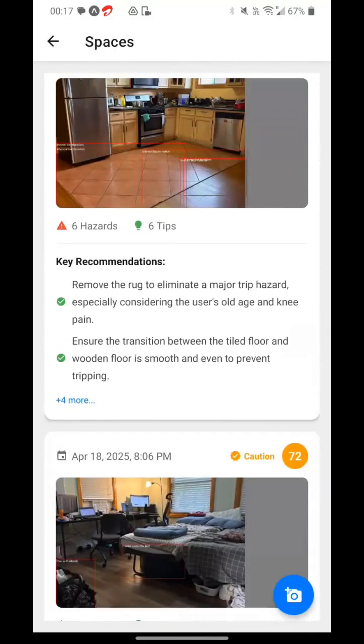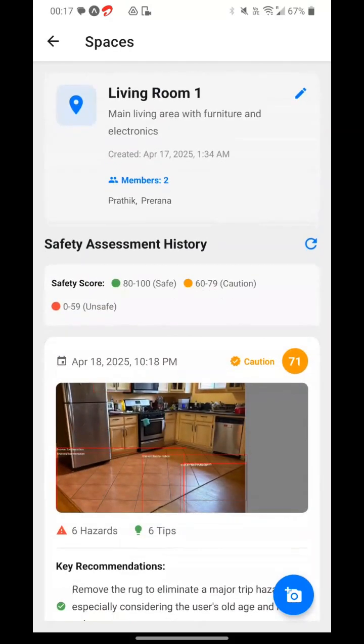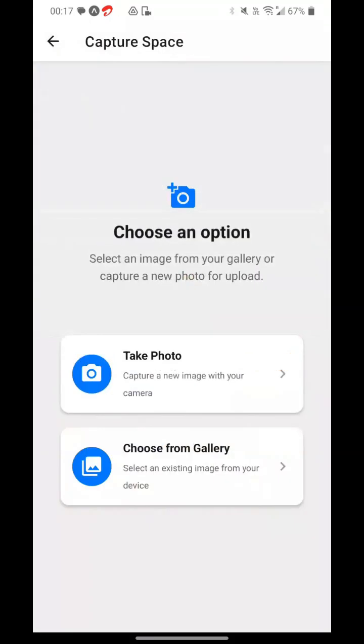To make it more accessible, we have color-coded the scores as well as displayed key recommendations that they can immediately put into action. Now let us do a quick demo of how we can create an upload for this space. When we try to open the upload button, we get an option to either take a photo or choose from gallery. If we choose to take a photo,